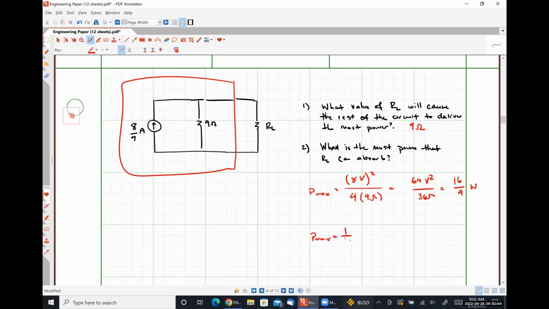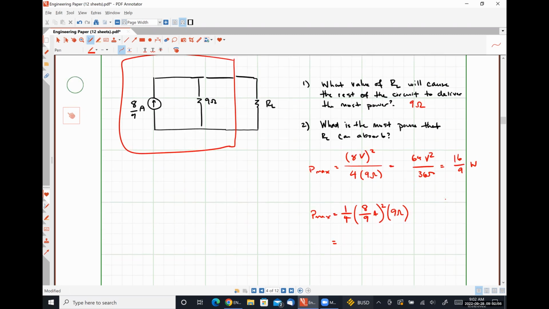So we would have 1/4 times 8/9 of an amp squared times 9 ohms. So that's going to be 1/4 times 64 over 81 amps squared times 9 ohms